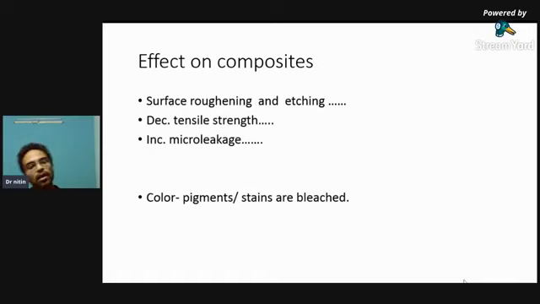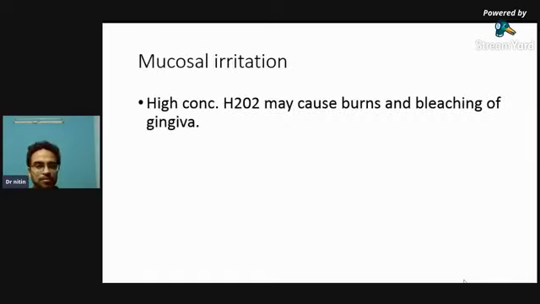ठीक है, कलर पिगमेंट्स या तो कॉम्पोजिट्स में कलर चेंजेस कैसे होगा? इनहेरेंट कॉम्पोजिट का कलर चेंज नहीं होगा. Only the pigments which composites may have incorporated, due to the roughening of composites, they will get reduced or they will get unstained, that is bleached. That's it. तो surface में ये इफेक्ट पड़ेगा, कलर में as such कोई इफेक्ट नहीं पड़ेगा. Only कलर चेंजेस होगा जो pigments composites ने ले लिए हैं, that only will get reduced.